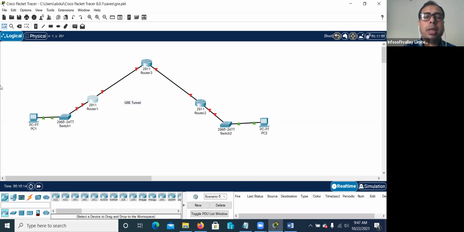We can create a GRE tunnel using our router or firewall. Okay, so we can create a tunnel between them. So in this lab, we will just see how we can configure this tunnel. Why do we create this tunnel? Because in our network,